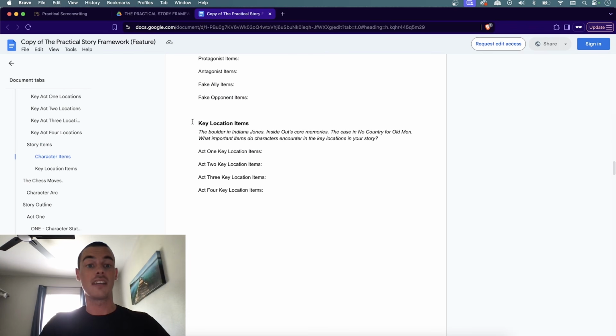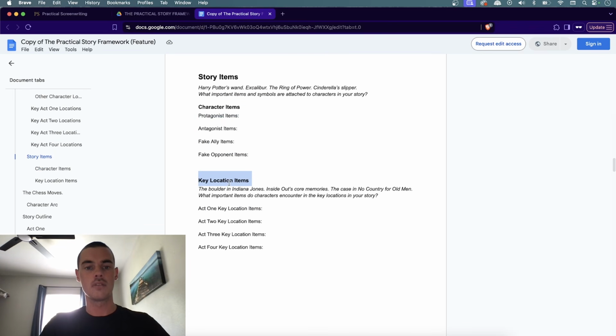And you can also have key location items. So the boulder in Indiana Jones, Inside Out's core memories, the case in No Country for Old Men. What important items do characters encounter in the key locations in your story? And this is another place where you can just think and brainstorm as you are building the basic building blocks